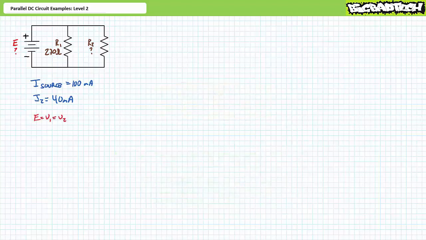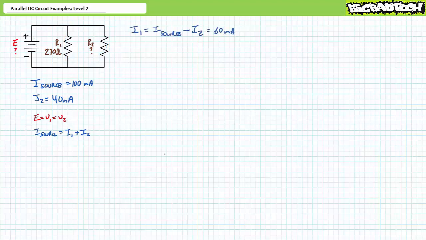Voltage across elements in parallel is the same. For this circuit, E equals V1, which equals V2. A Kirchhoff's current law analysis of this circuit demonstrates that source current splits into two paths, I1 and I2. The Kirchhoff's current law equation for this circuit is I source equals I1 plus I2. An algebraic rearrangement of the Kirchhoff's current law for this circuit, solving for I1, demonstrates that I1 is the remaining